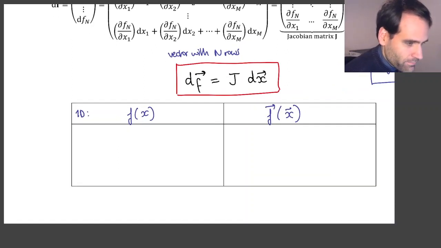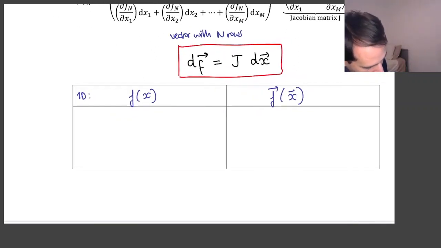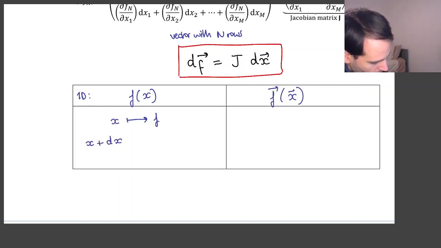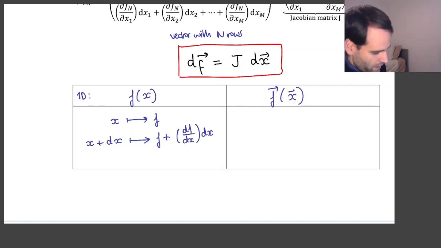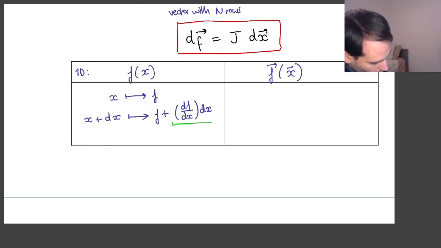So in this analogy, we know that given a value of x, we find a value of f, right? That's what the function f of x means. But if we increase x by an amount dx, then we know that our function f will increase by an amount which is equal to the derivative of f with respect to x times dx, okay? And this is what we conventionally call df, okay? Which, if we were drawing it in the traditional way,